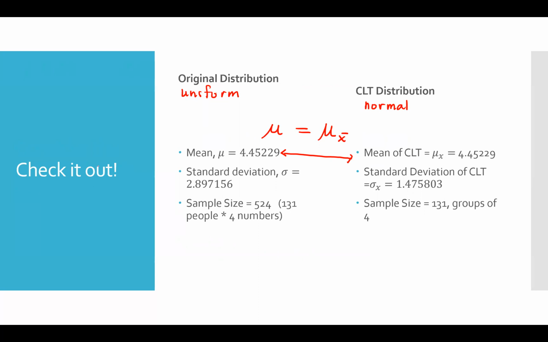Now, I mentioned that the standard deviation for the central limit theorem is slightly lower than it is for the original, and you can see that they're not the same value, and the standard deviation of the central limit theorem is lower. Now, if we actually use the numbers, the rule says that the central limit theorem standard deviation is the original divided by the square root of n, where n is how many people are in the group. So in number form, that would be